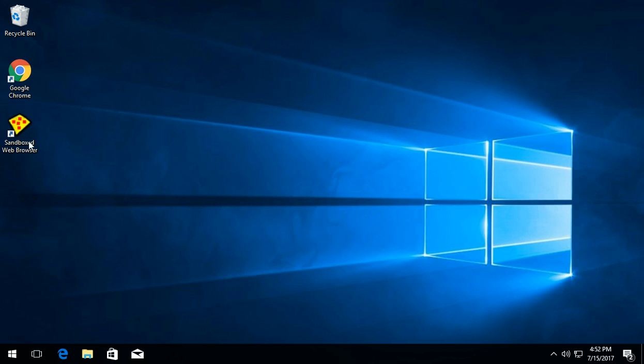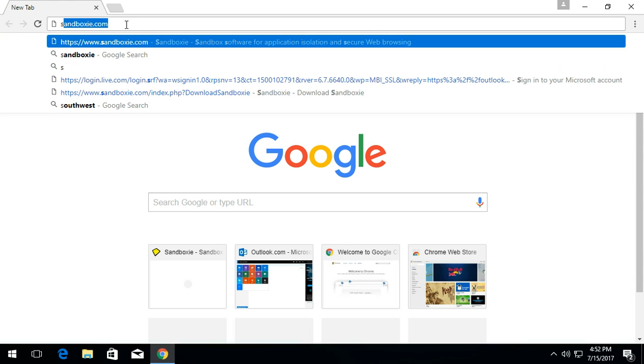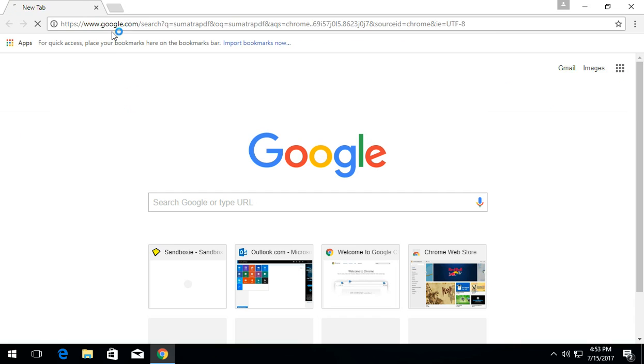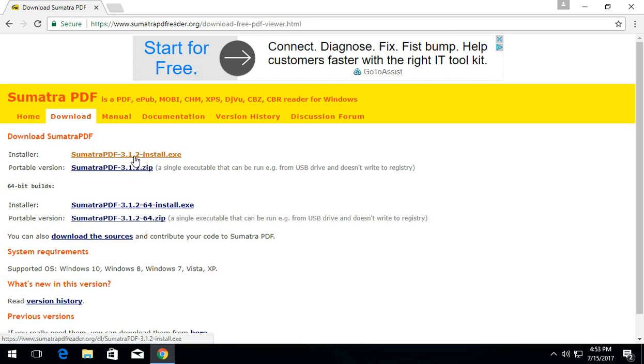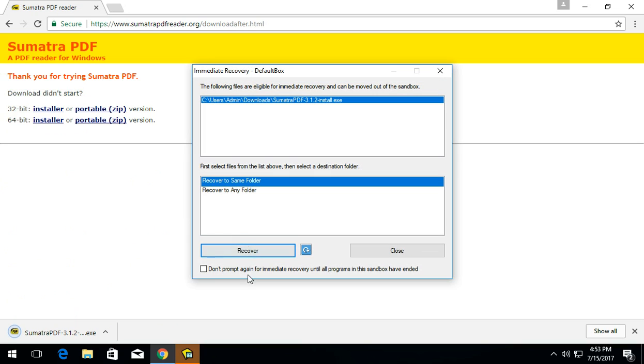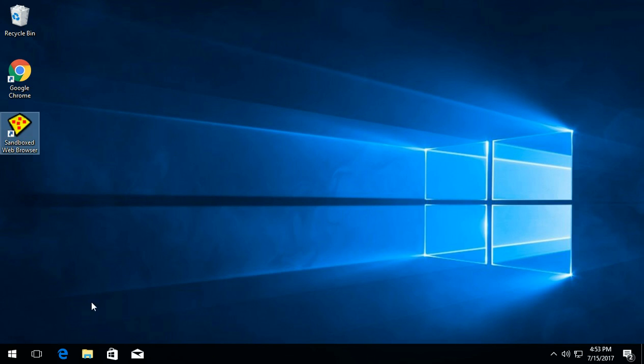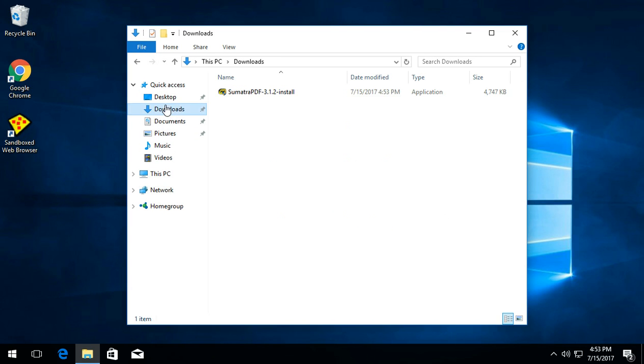So what happens when I choose the other option? Again, Sumatra PDF. However, this time I'm going to say recover instead of close. I'm going to recover into the same folder. So what is the same folder? It's the default downloads folder. So I'm going to recover now, and I'm going to close this, and then it goes to the default downloads folder, and this time it's there because I had told Sandboxie to take the downloaded file and put it outside